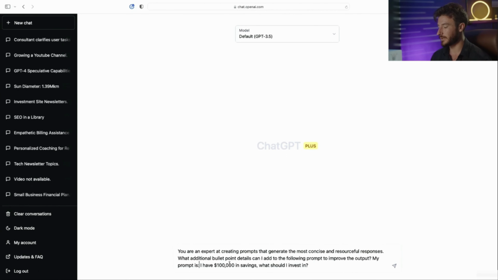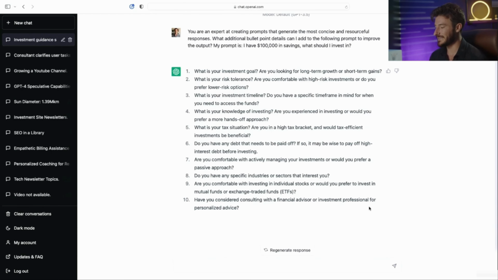So we have, what additional bullet points can I add to the following prompt to improve my output? My prompt is, I have $100,000 in savings. What should I invest in? Now we have a very in-depth bullet point list of 10 things to focus on to get really clear on our answer. Now what I want to do is put in the second part of our prompt formula, which is